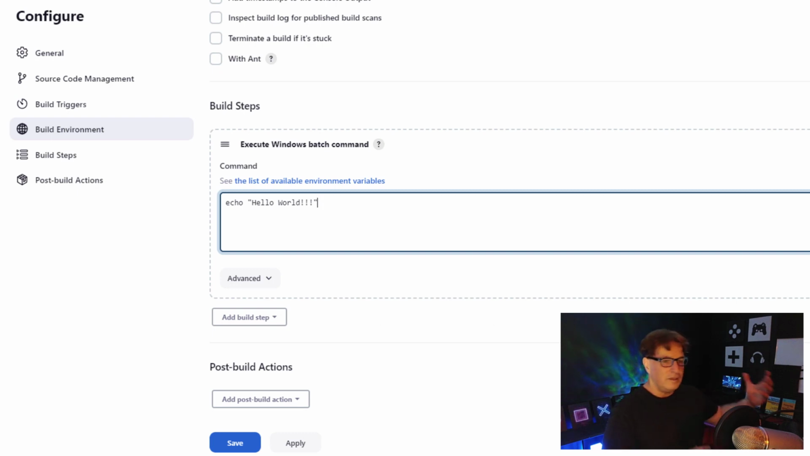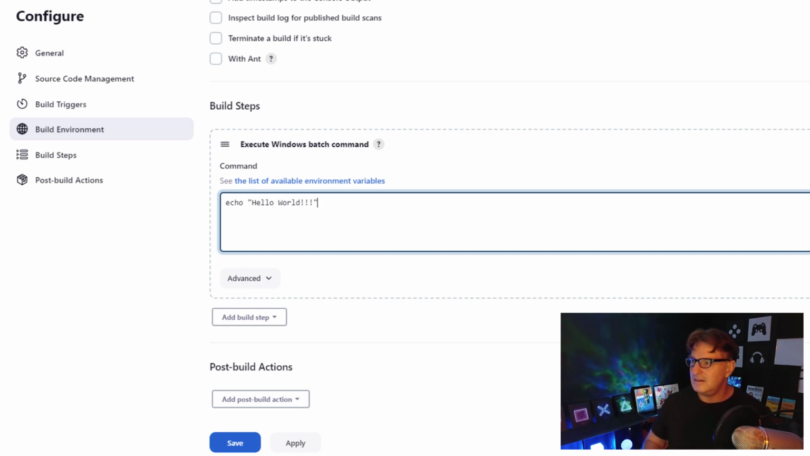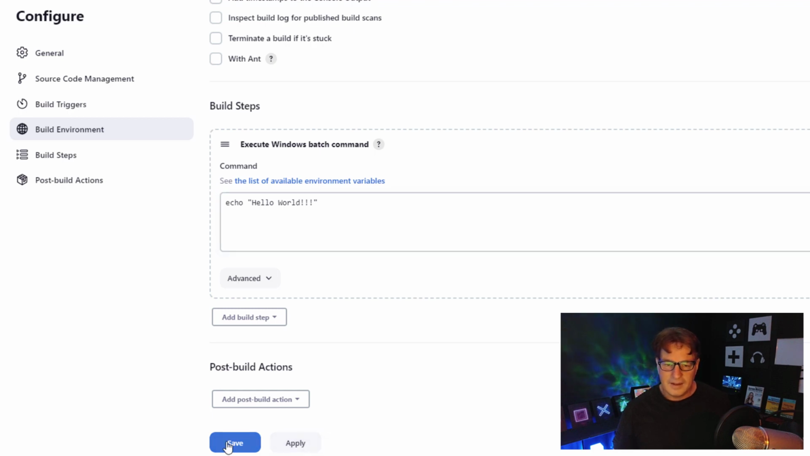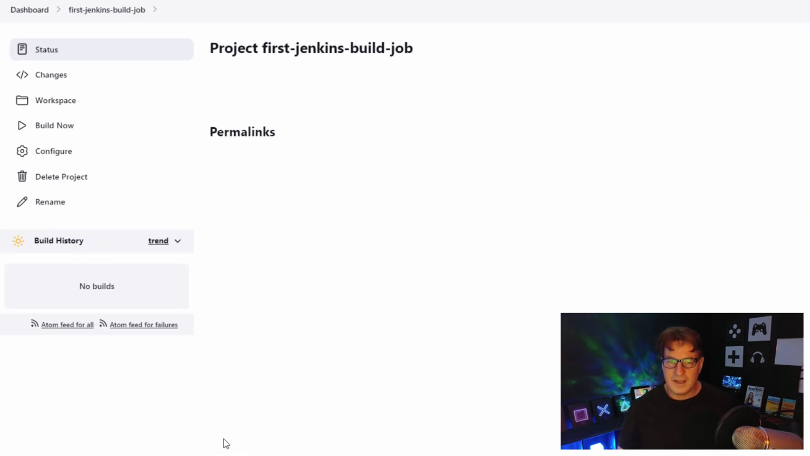But that's a build step. Now, normally you would compile code, run tests, build a Docker image, package up a WAR file or a jar file, something along those lines. But right now I'm just going to echo out hello world. I'm going to click apply. I'm going to click save. I keep doing that until it takes me back to the screen for the Jenkins build job,